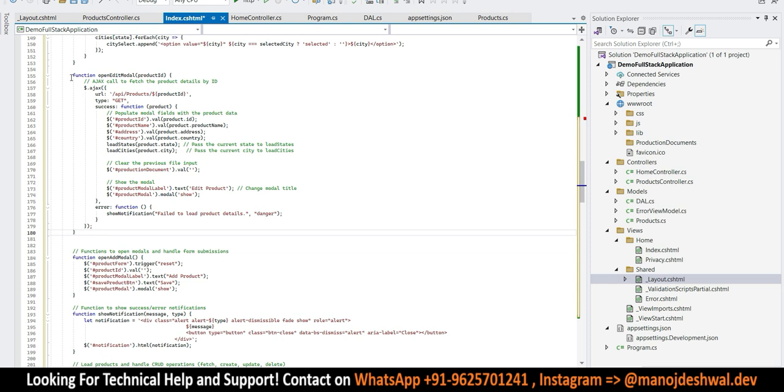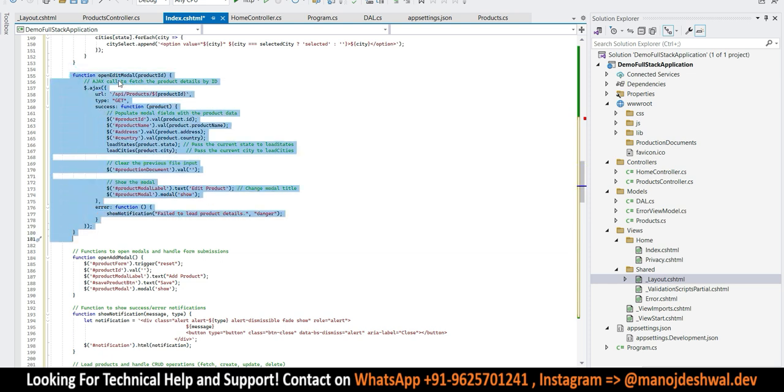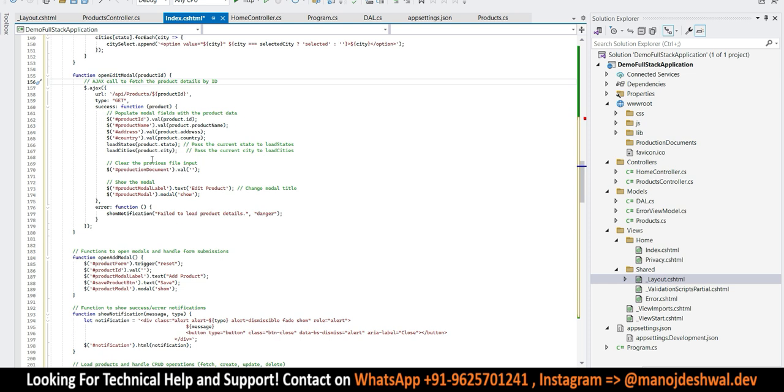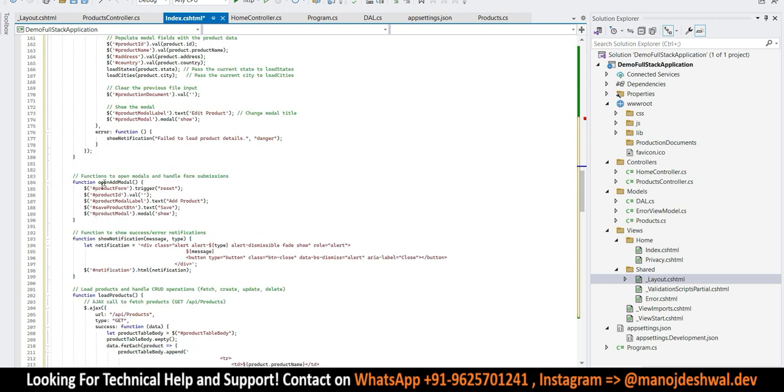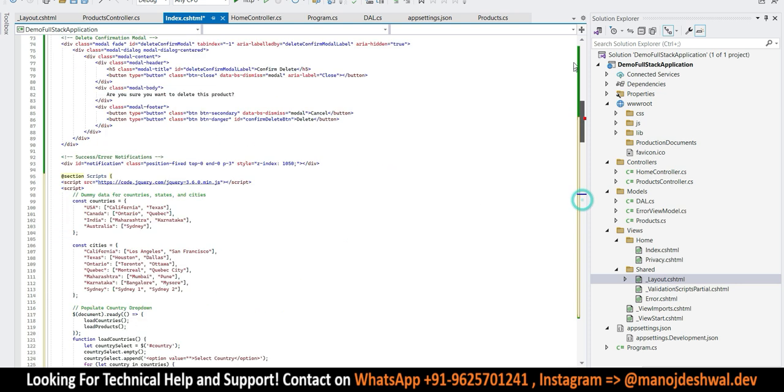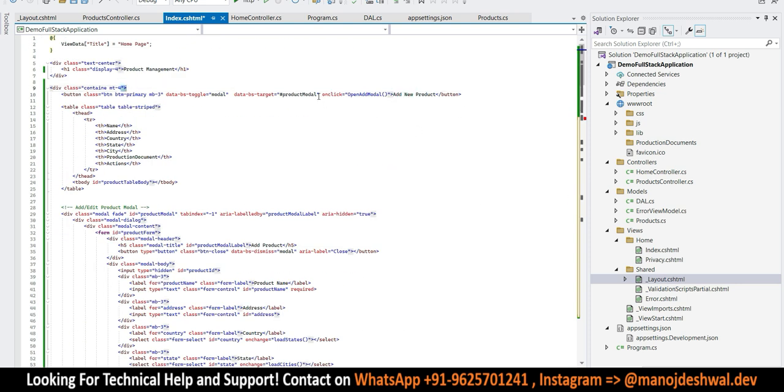And to open this particular model, we should have at least one record in our table. All right. Now, this is to open a new one, like when you try to create a new product, then we should open this open add model, and to use this function, we should click this button, this one. All right, the add new product